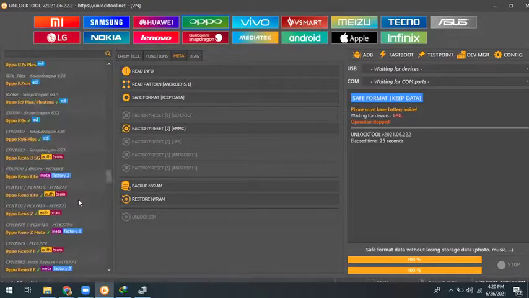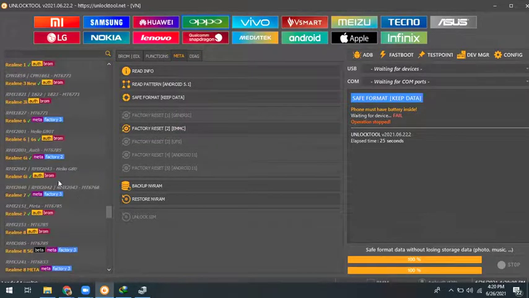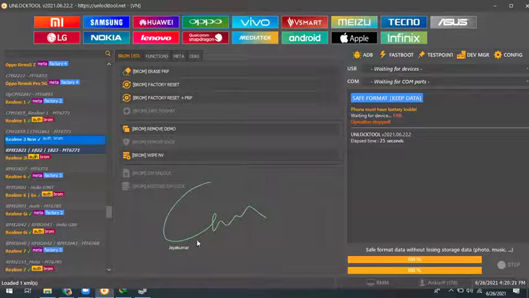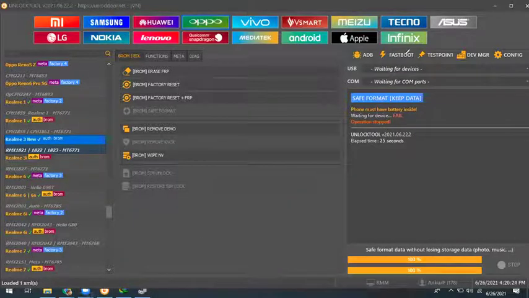And if you want to unlock a Realme phone, you have the model numbers like Realme 3, for example 1821, 1822, 1823. You can directly unlock Realme 3i 1827. Okay, so you can directly unlock with the same method in Brom mode. Got it? If you want to unlock factory reset and FRP at a time, you can directly connect in Brom mode. Got it? Any question, guys, from this tab?